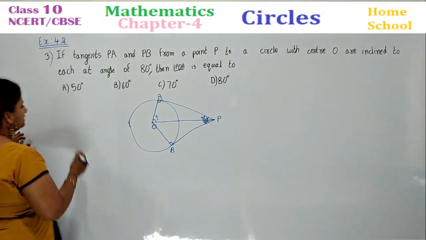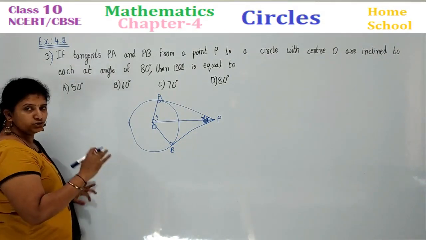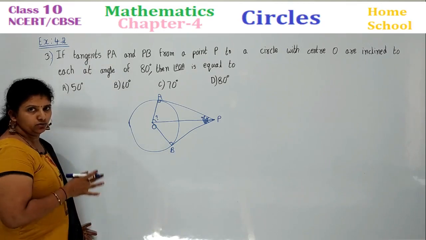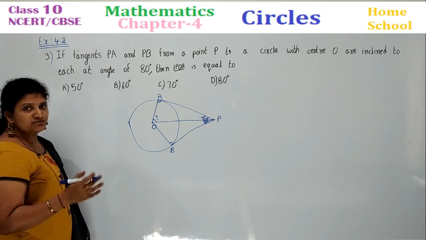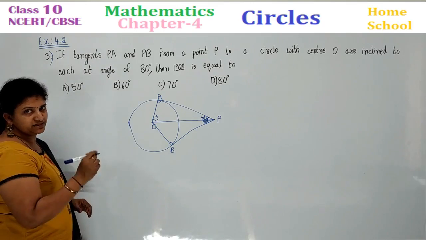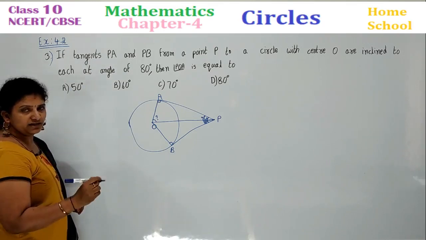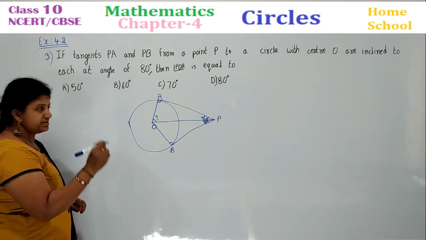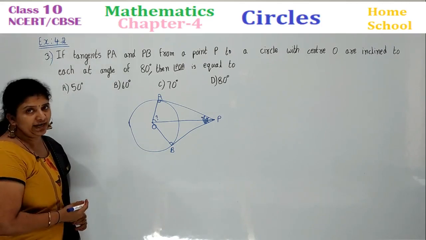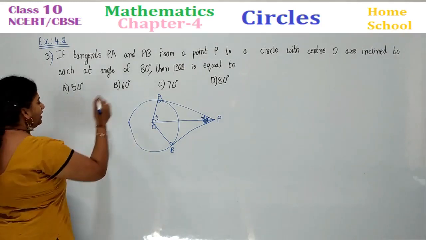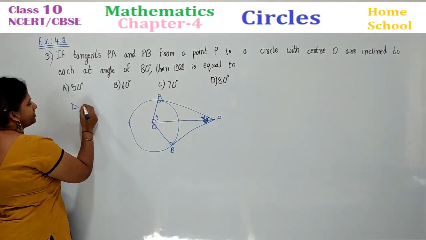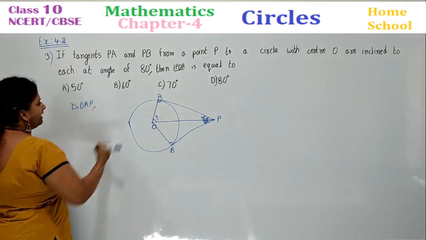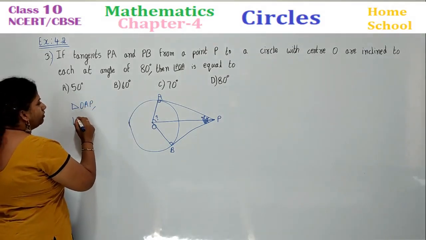Okay, let's start here. Actually, it is not a 2 or 3 marks problem. Just a multiple choice question. Directly you can go. If the same problem asks for 2 marks, you need to write neatly the steps. Given PA, PB are the tangents, P is external point. Given the inclination angle of the tangents, angle APB is equal to 80 degrees. You need to write like that. Now directly consider the triangle OAP. We know angle A is 90.